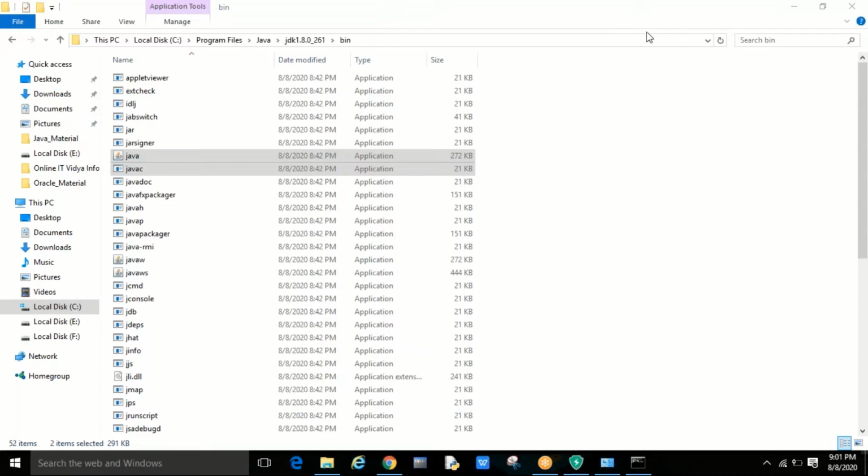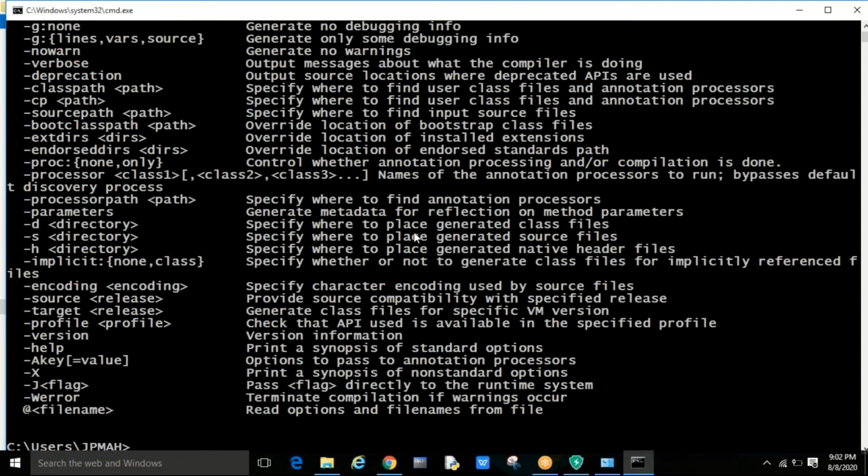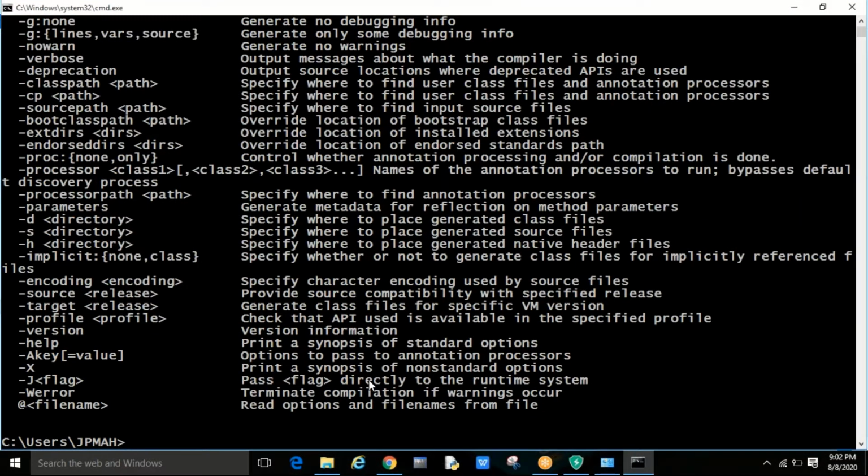So I'm going to use javac here. So some files should appear automatically once you click on enter. If the files are not coming, if you are not getting these things, then the Java software is not installed in your system. Might be there is an installation problem. Sir, I got the files.